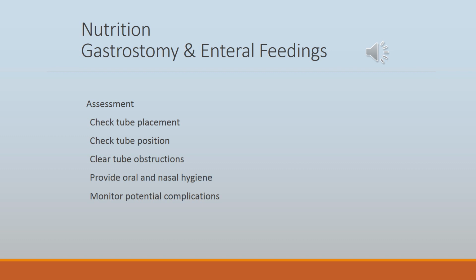GI intubation may be performed in order to decompress the stomach and remove gas and fluid, lavage, which is to flush with water or other fluids and remove ingested toxins or other harmful materials, diagnose GI disorders, administer tube feedings, fluids, and medications, compress a bleeding site, or aspirate GI contents for analysis. The different types of tubes depend on the diagnosis. Within these tubes, we do nursing management.